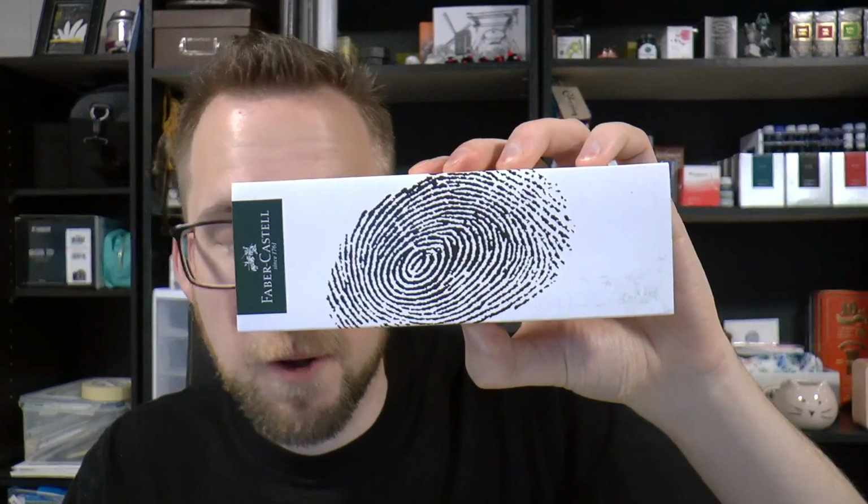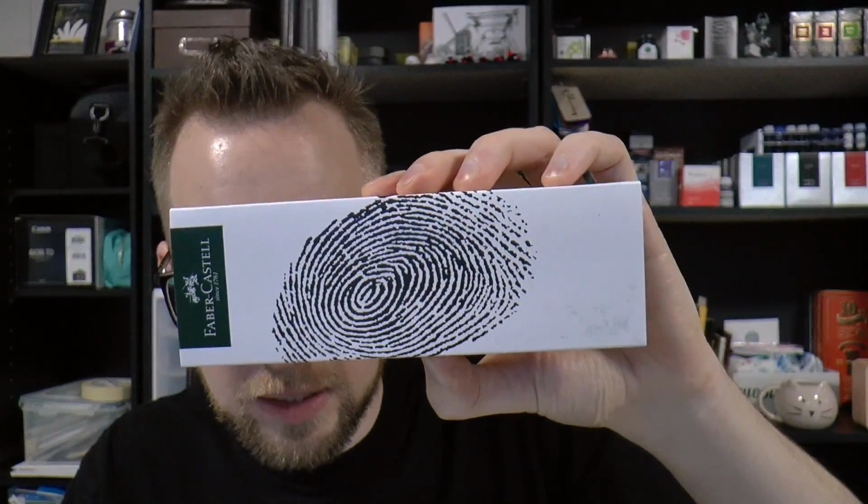The Faber Castell WritINK is what we're going to be talking about today. I don't know if that's supposed to be a pun, like WritINK, writing, but in any case, the WritINK. This pen was sent to me by Gold Spot. Thank you very much. And we're talking about the WritINK, which is $28, and I'm going to show you the